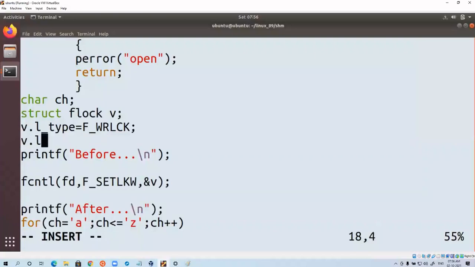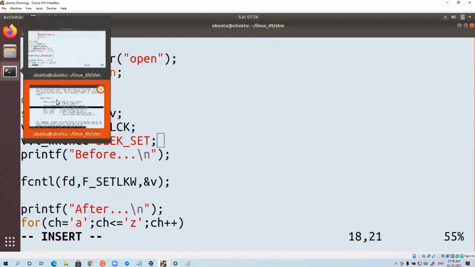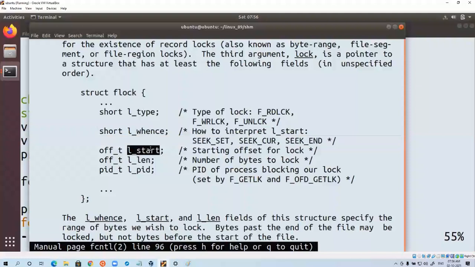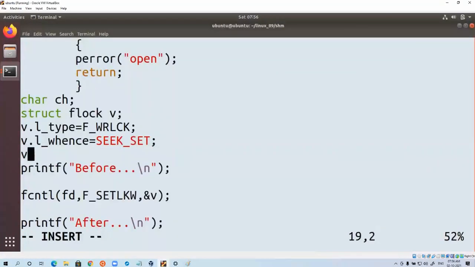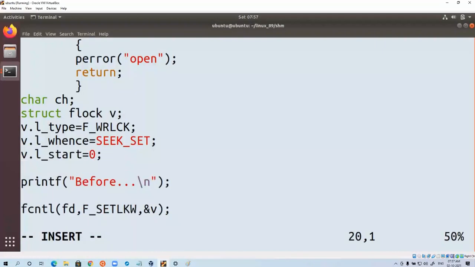v.l_whence is equal to SEEK_SET. What is the next argument? Start and length, both I'll give as 0. We'll discuss the meaning of those two later. So v.l_start is equal to 0, v.l_len is equal to 0. After that,